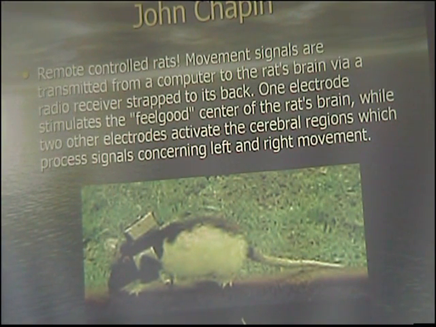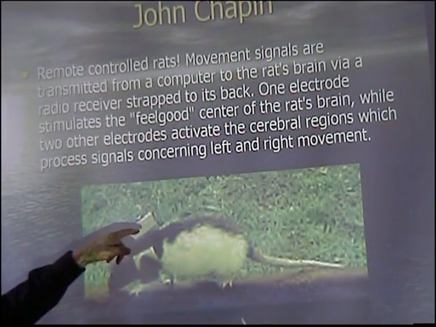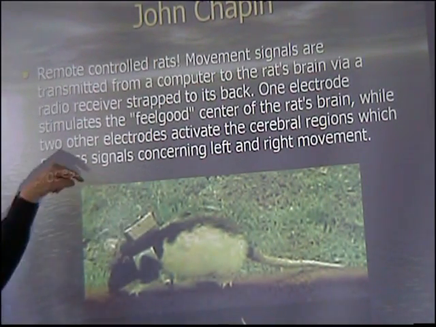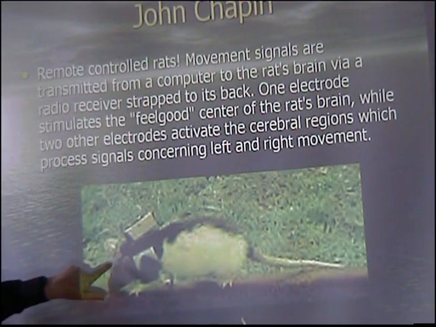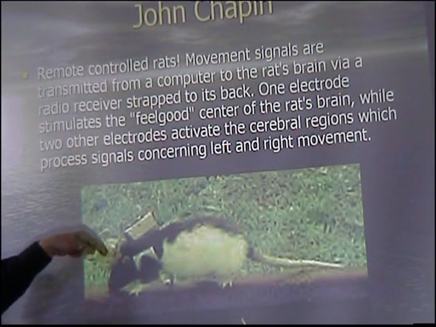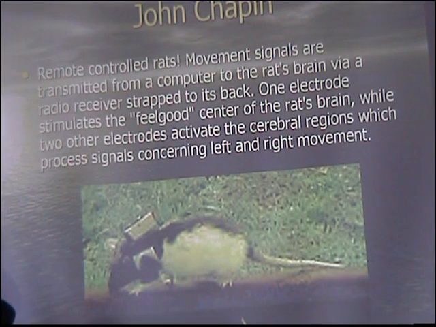The one we're going to see first in terms of a video is movement signals, signals transmitted from a computer into the rat's brain. It has, as you can see, a little radio receiver on its back, and electrodes pushed into a couple of positions in its brain, so they can send signals from the computer into the rat's